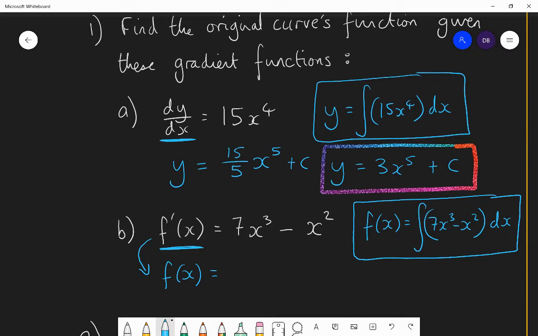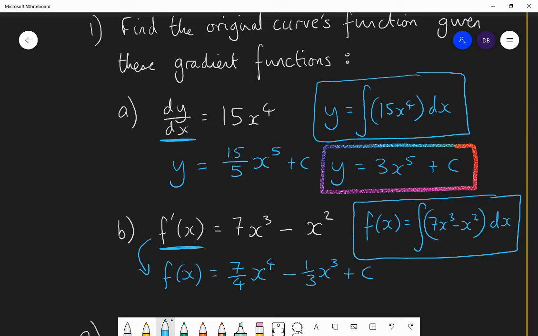So the 7x cubed, the power raises by 1 to x to the power of 4. And then I divide by that new power, so I divide by 4. So it becomes 7 quarters x to the power of 4. The minus x squared, the power raises by 1 to 3. And then I divide minus 1 by 3. So it becomes minus 1/3 x cubed